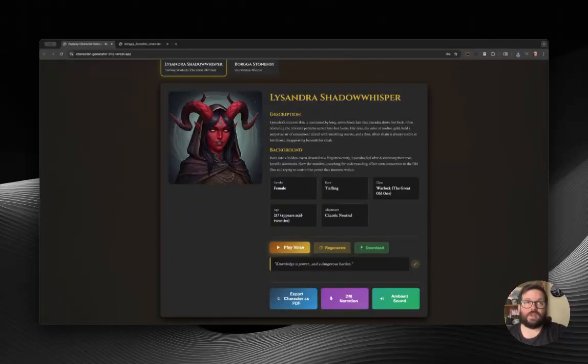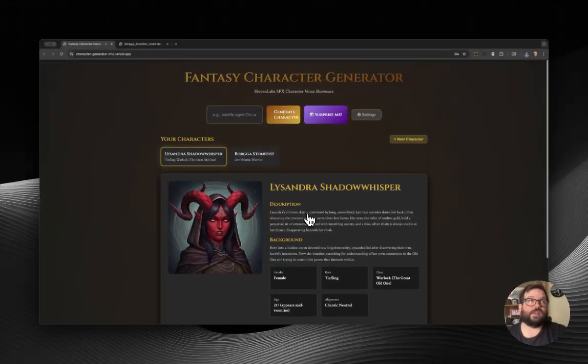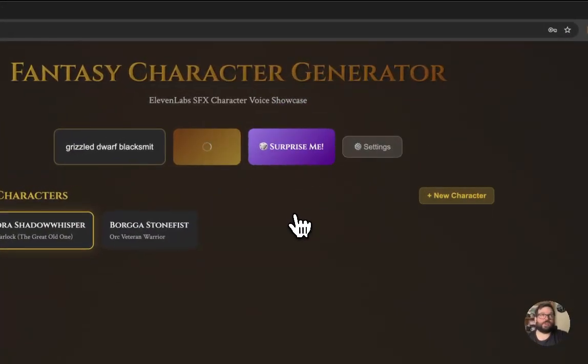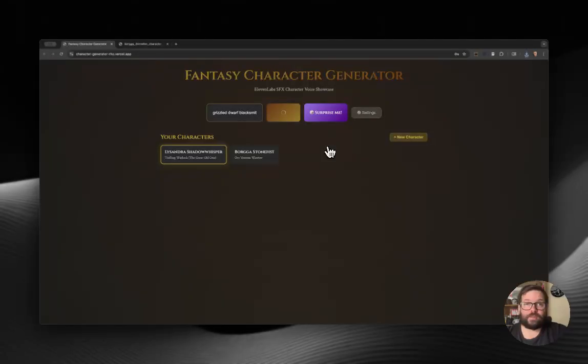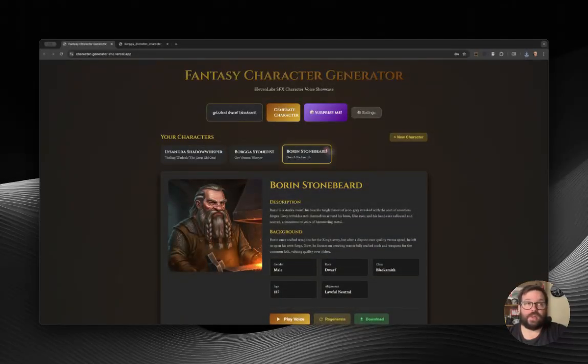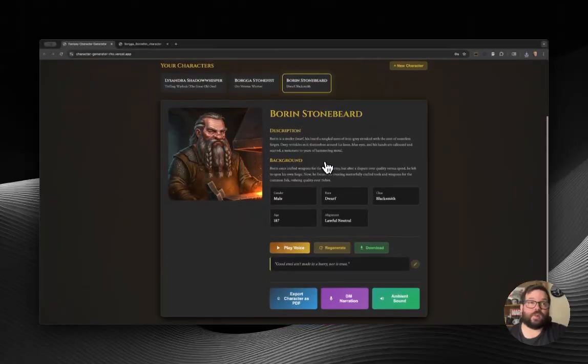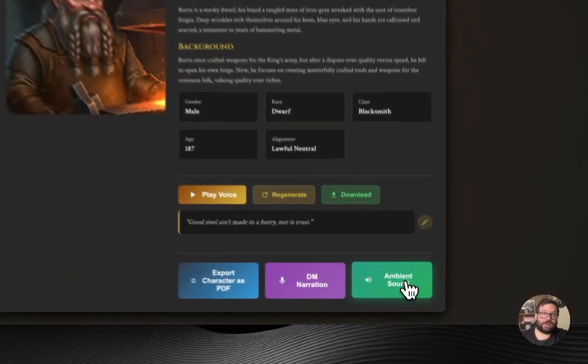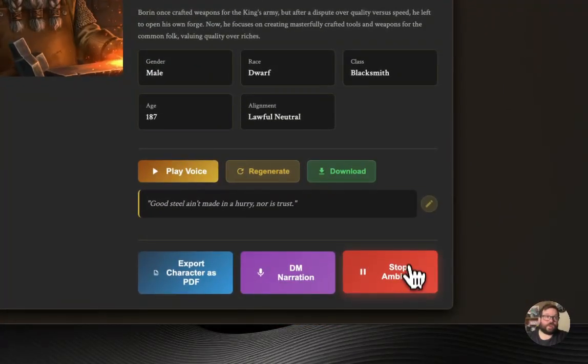See, when it works really, really well. Let's create another character, but we'll just use Surprise Me and let it create it from scratch. This was made a lot easier to do because there's an amazing ElevenLabs MCP server. I added that to Claude, and Claude was able to just work out everything it needed to do to make all of this work, even suggesting ways that it could add to the details. So, let's see if the character voice plays.